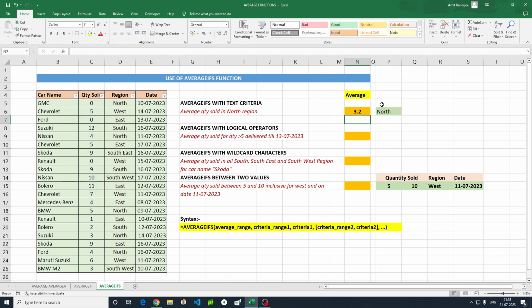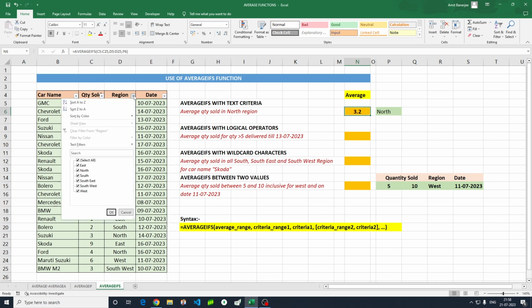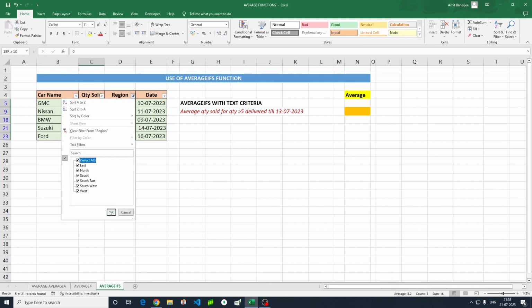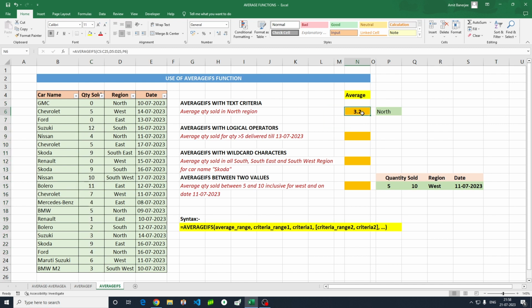Okay, and it's giving 3.2. North means I select north and find the average, and it's giving 3.2. Okay, and here also I got 3.2. The same thing I can do with the help of the AVERAGEIF function, but